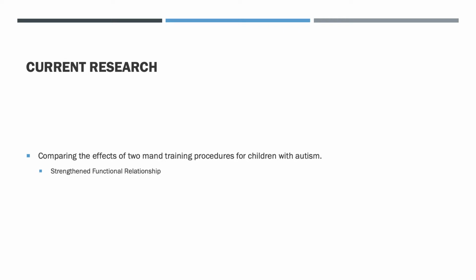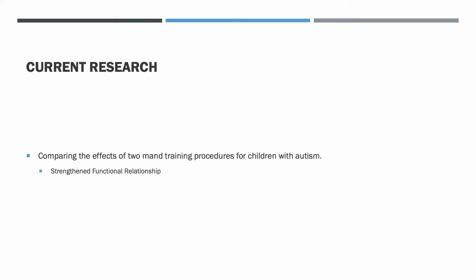So the current research that we're looking at, the current topic I'm looking at studying, is comparing the effects of two different teaching procedures, training Manding for children with autism, something that I have just come into contact with personally in my work as a board-certified behavior analyst. I see lots of different ways that people are trying to prompt initial Manding in children with autism. It's an area where we definitely can further our research and make Mand training more efficient for our learners with